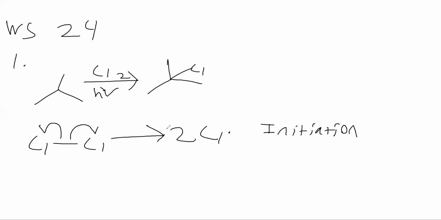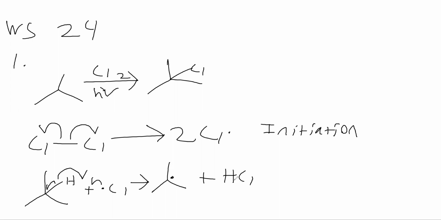And now that we have radicals, it can react with what we want it to and form some products. So here we're gonna react with one of the hydrogens on that specific position just because that's where I showed the chlorine. It's not the only place that it could react. So now we get this radical, HCl,